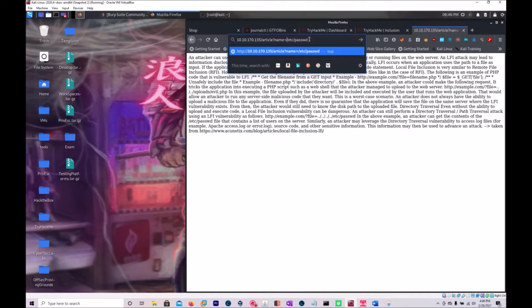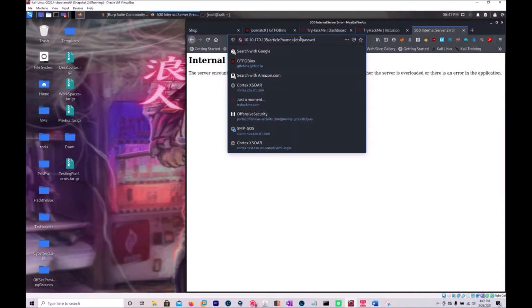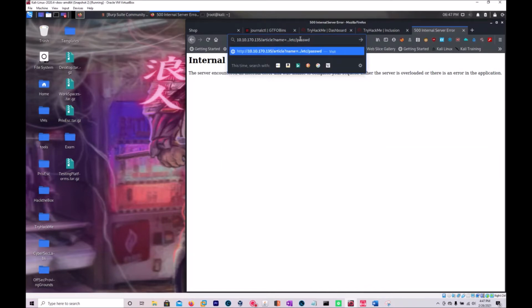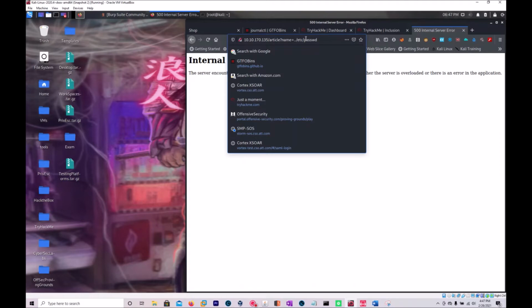All right, so let's first try to explain what LFI is. I want to reach a directory or a file and follow the directory in order to get there. So for our first example it's /etc/passwd. If we just replace the LFI attack text with /etc/passwd and hit enter, we get an error. How it works with directory traversal is we simply do this to go up one directory level and test it this way. And now we see that this one doesn't work, so we go up one more,